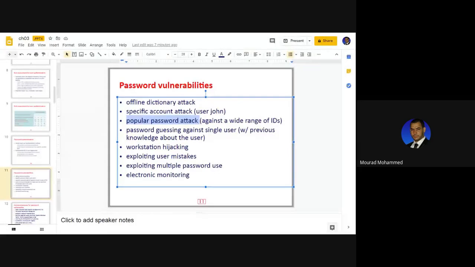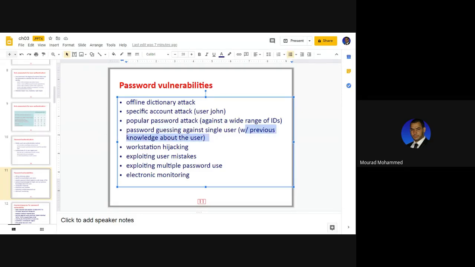So, popular password attack. Password guessing is another kind of, let's say, dictionary attack. It is a sort of brute force attack. But here we are just making a small guess. We are making a limit. Not like the brute force, where we take thousands of passwords and make the thing automatic. No. Here we try password number one. It's a guess. It's a game to play. Either you succeed or not,